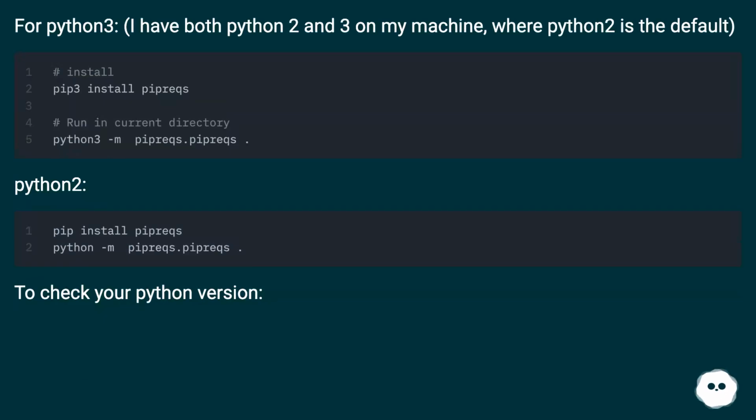For Python 3, I have both Python 2 and 3 on my machine, where Python 2 is the default. Python 2. To check your Python version,